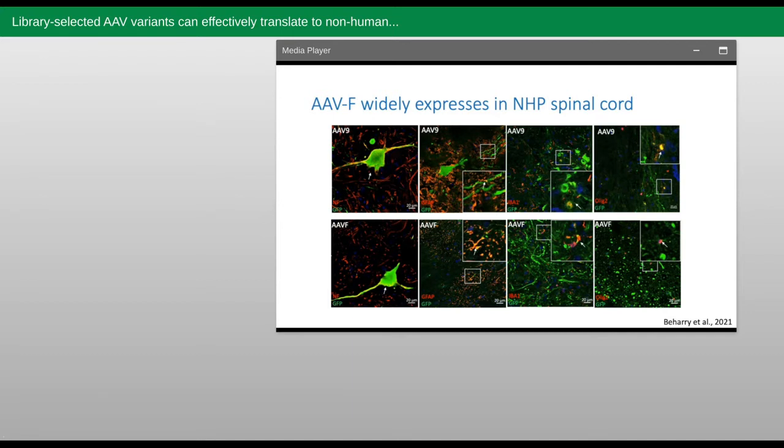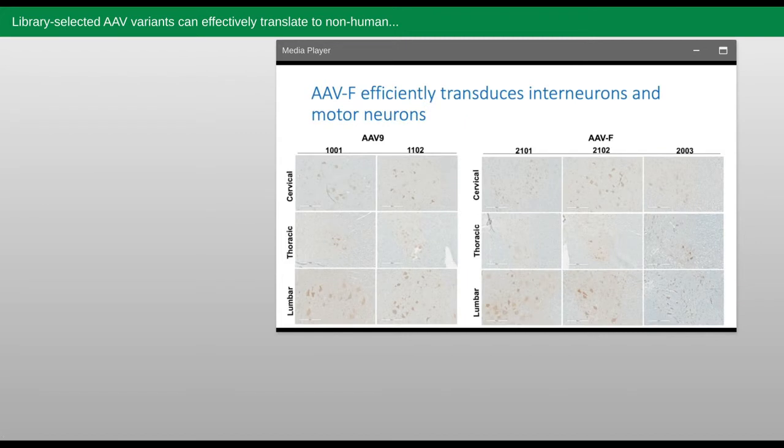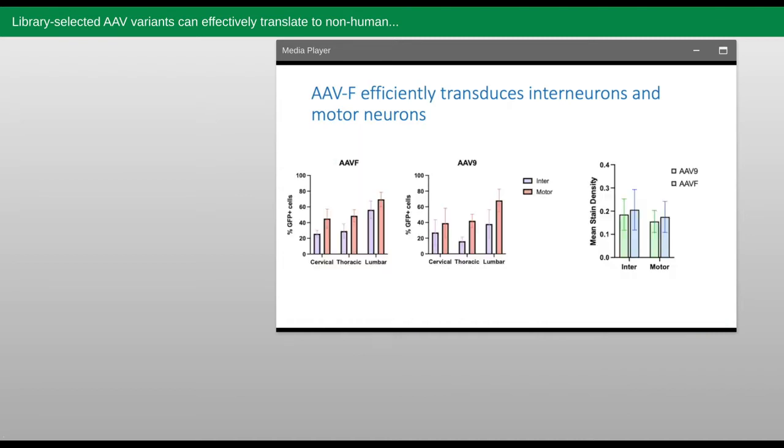as astrocytes, along with small numbers of microglia and oligodendrocytes. The bulk of expression was seen in interneurons and motor neurons that you can see here, and as the images reflect for both AAV9 and AAVF, you see a sort of lumbar to cervical gradient where in the lumbar region with AAVF, you get about 68 to 70% of cells being transduced, which drops down to about 40% in the